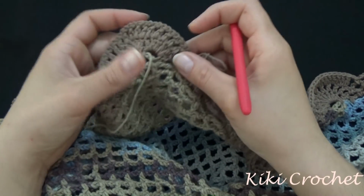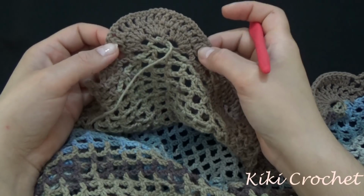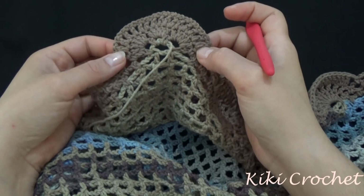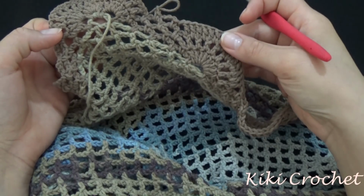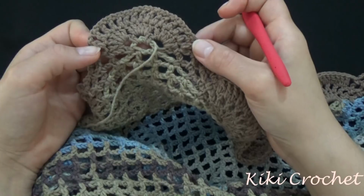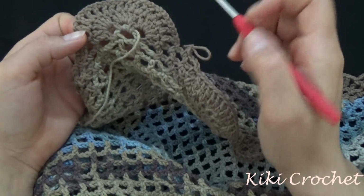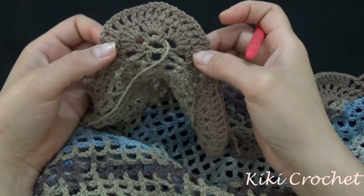Okay, and what I'm gonna do now is right here where I've made my double crochet on the previous row, starting from the first double crochet and finishing into the last double crochet, I'm gonna do the same thing that I was doing on the shells for the rest of the row. So I'm going to work 1 double crochet on top of each double crochet and 1 double crochet under every chain 1 space. So once I finish working my whole corner, I'm going to have a total of 29 double